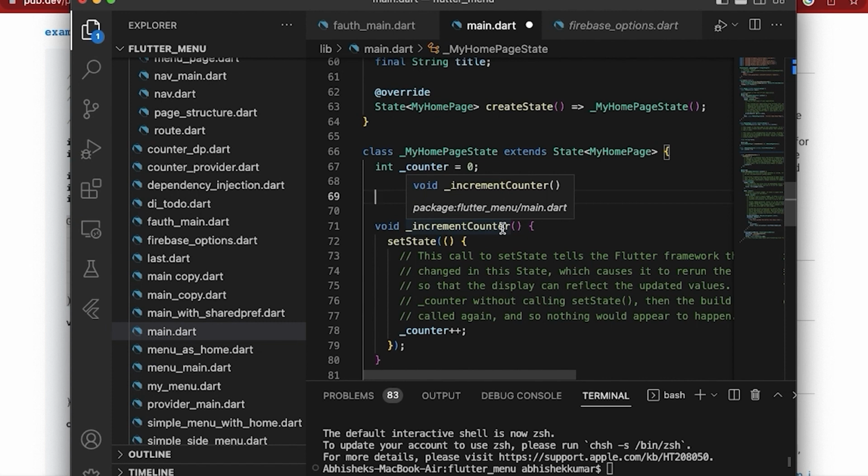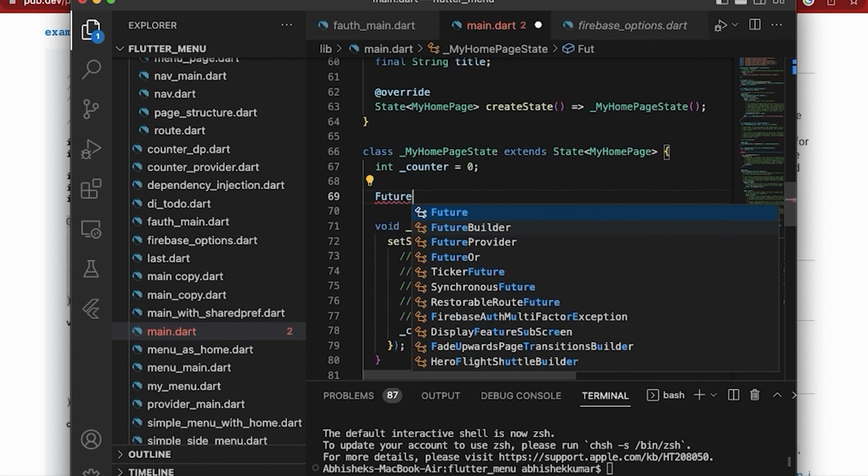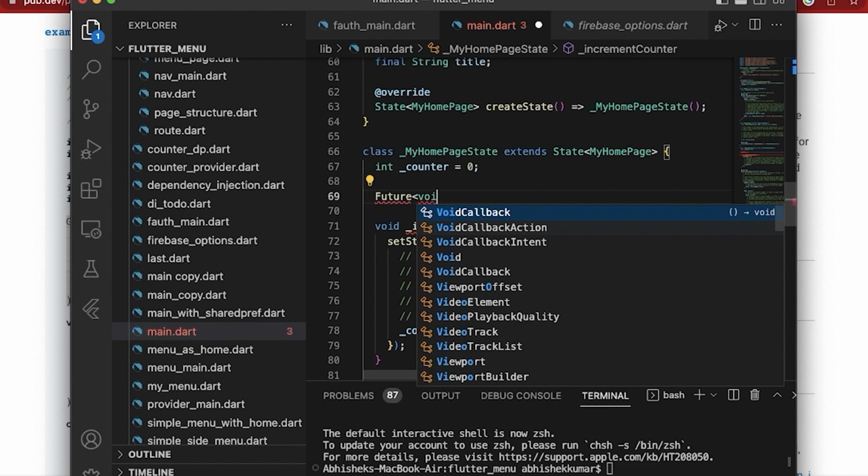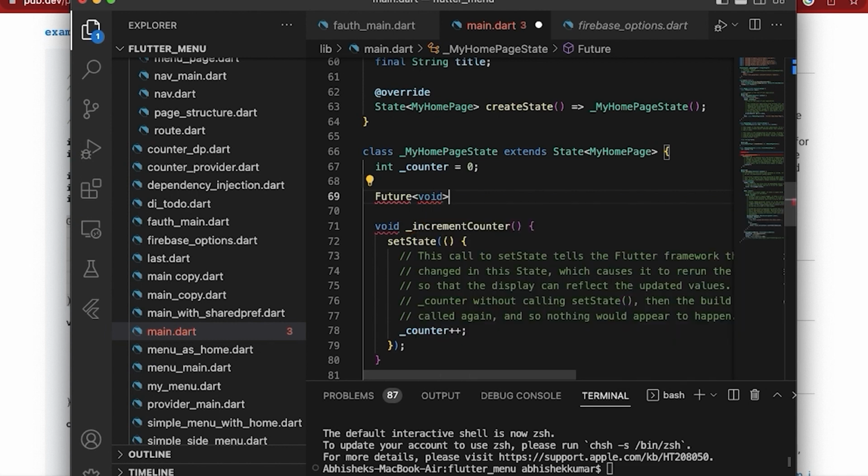So the return type of this handler will be future, because we are going to use async await in it, and it will not return anything, so we also have to use a void, and we will name it handle sign in. And as mentioned, we have to declare it as async,